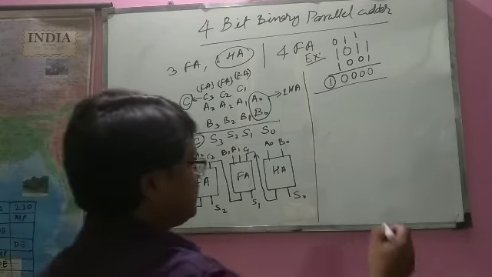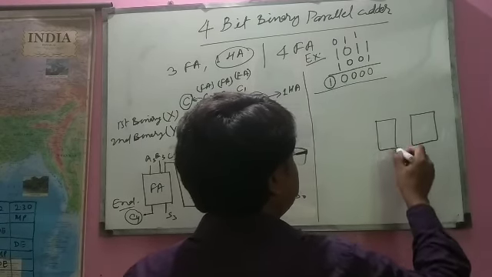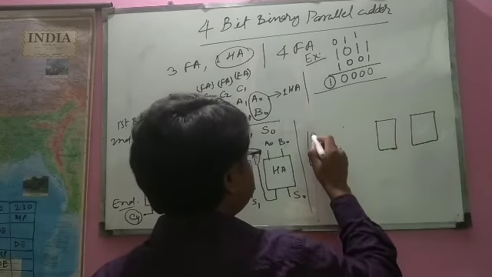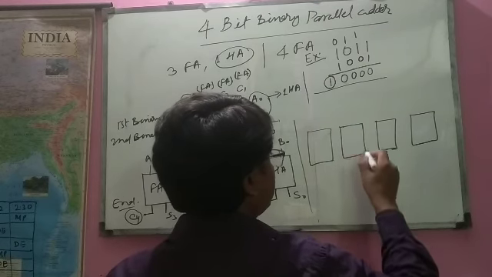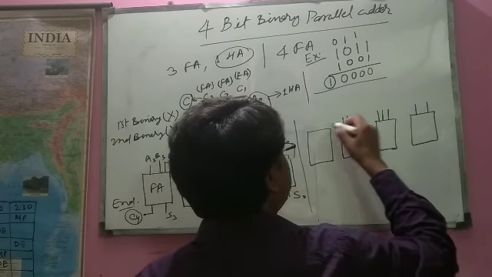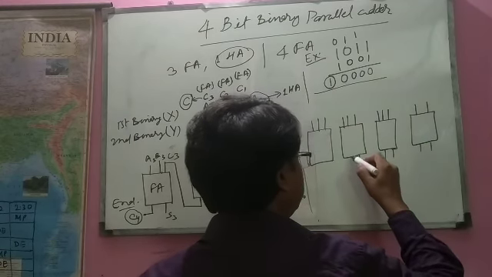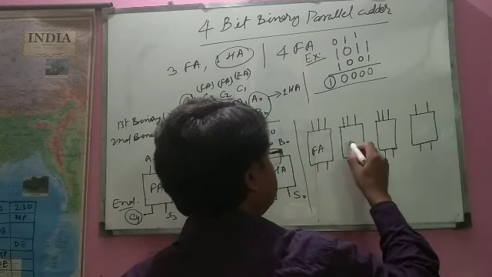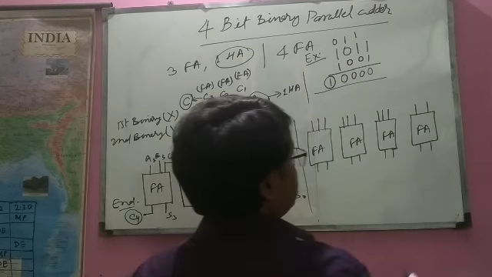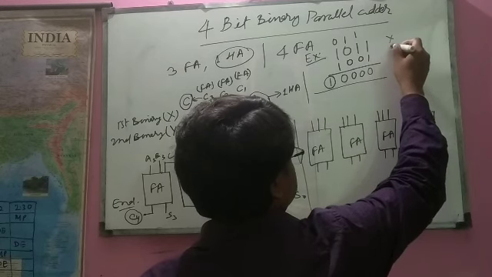Okay, so let us take 4 adders, and we will give this input to them. It will have 2 inputs, then 3 inputs, 3 inputs and 3 inputs. Okay, and it will have 2 outputs each. This is a full adder, this is a full adder, this is a full adder, and this is also a full adder. Okay, so this is number X and this is number Y.